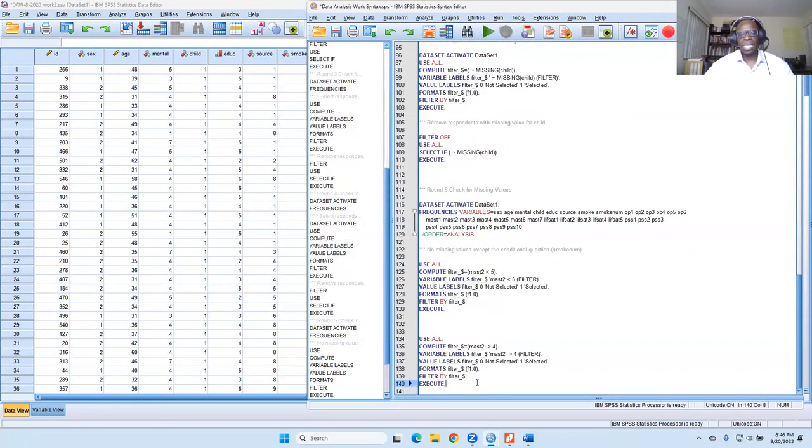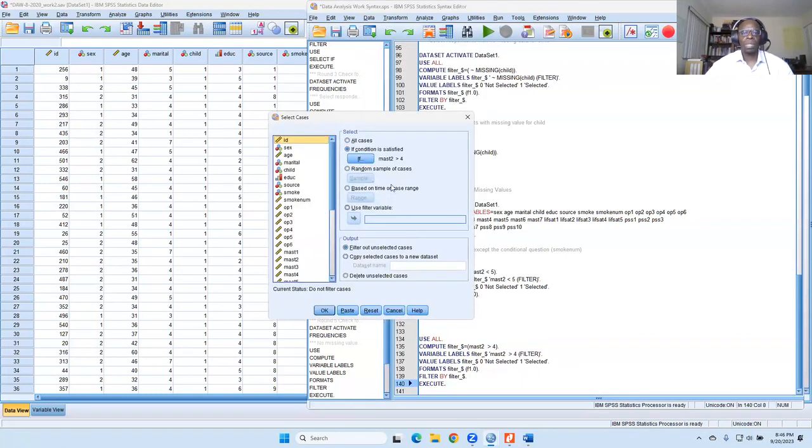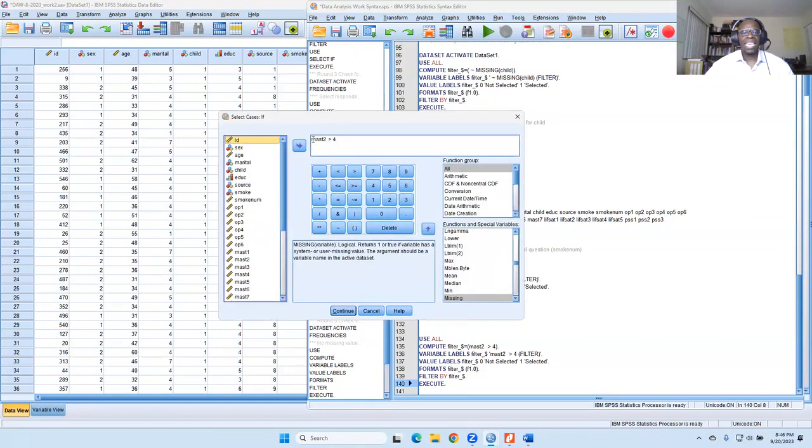We're saying select all cases that are not greater than 4. That would be the ampersand right there.